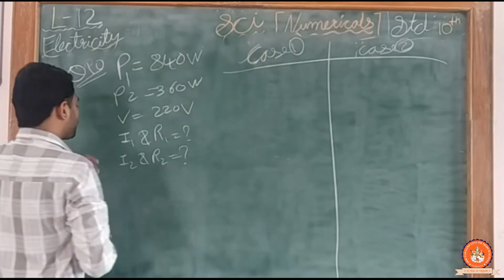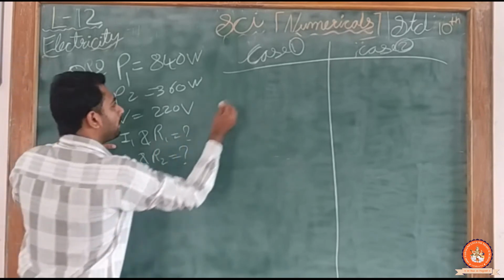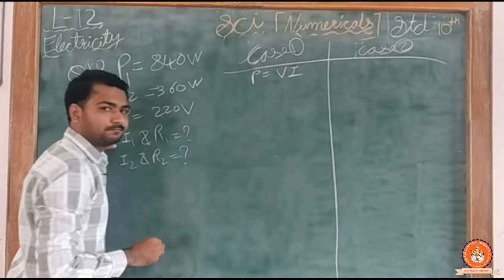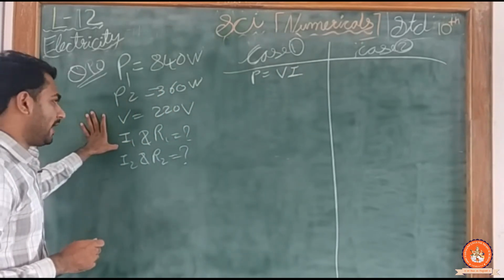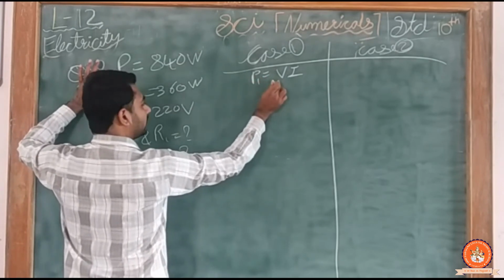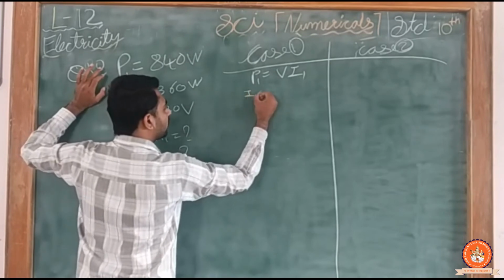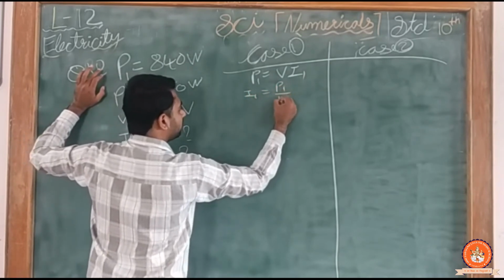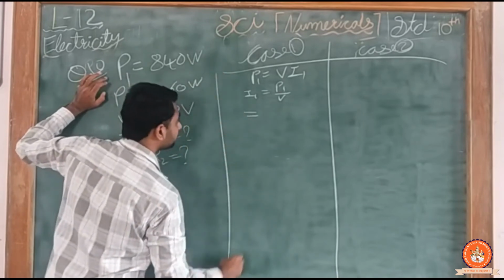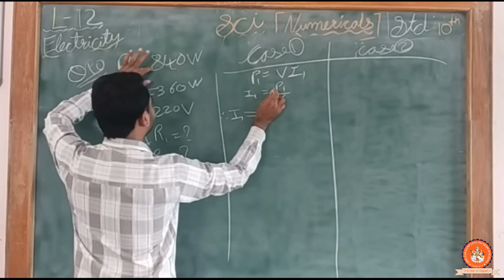Let's start. I have to find the current. I have the formula P is equal to VI. Yes or no? P is equal to VI. I have the value of P1, I have the value of V, that is voltage. I have to find the current I1. So I1 is equal to P1 by V. Yes or no? Then after I1 is equal to, I will write the value of P1, that is 8